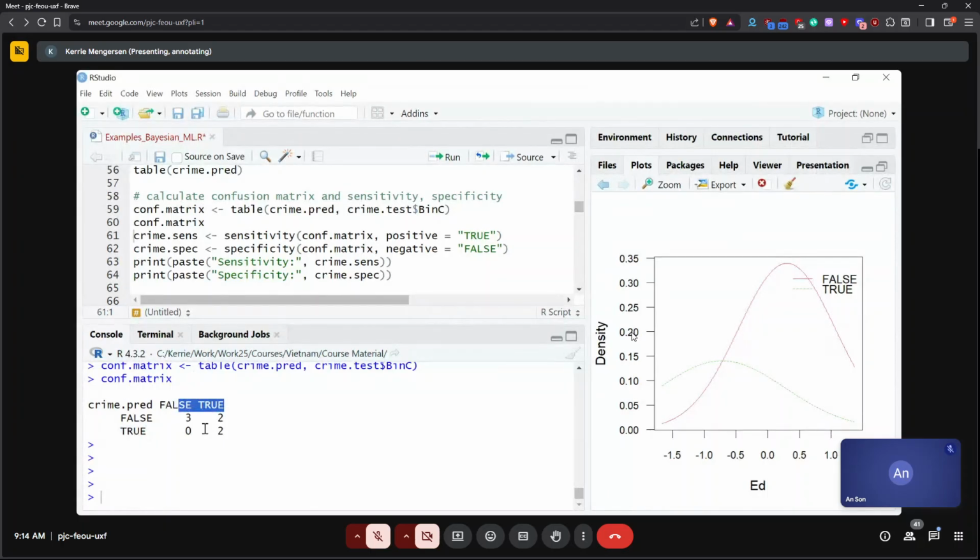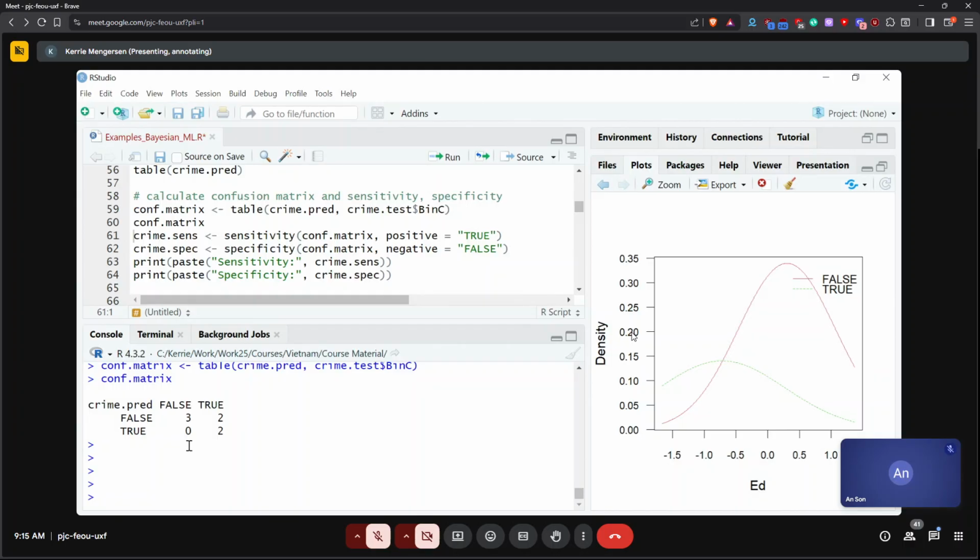So it tells me that I had 3 values that I observed to be false and predicted to be false, and I've got 2 values that I observed to be true and predicted to be true. And then I was wrong 2 times.